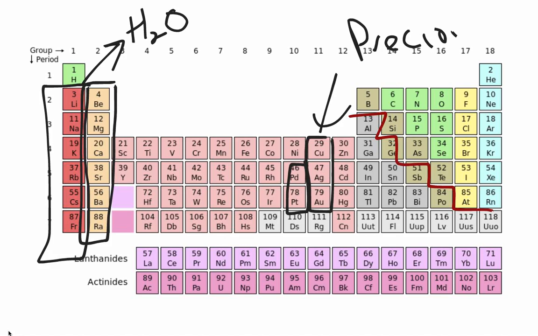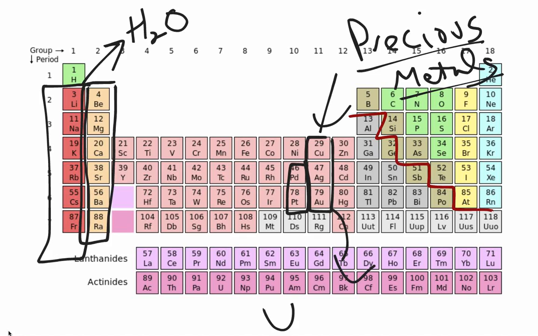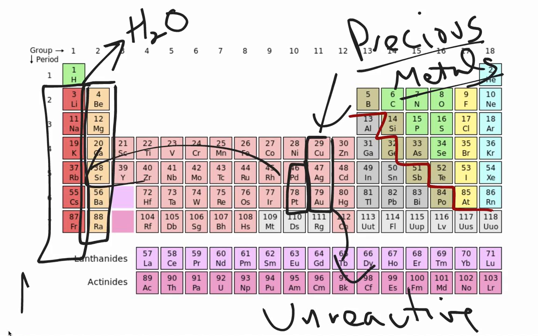So these are precious metals. One reason we call them precious metals is these are generally unreactive metals. So they're unreactive on this side of the periodic table. On the opposite side, these are our more reactive metals, with metals of intermediate reactivity in the middle here. So our general trend of reactivity for our metals is things on this side, gold, silver, platinum, are generally unreactive. The things on the other side are more reactive.